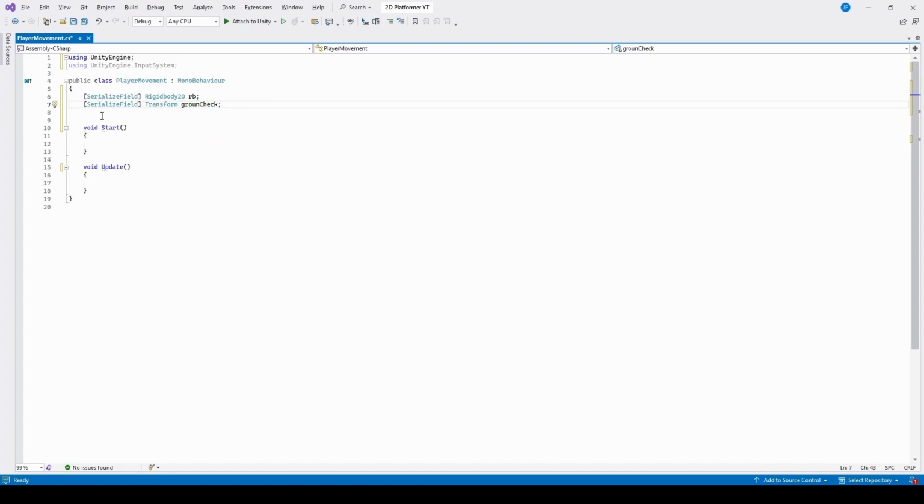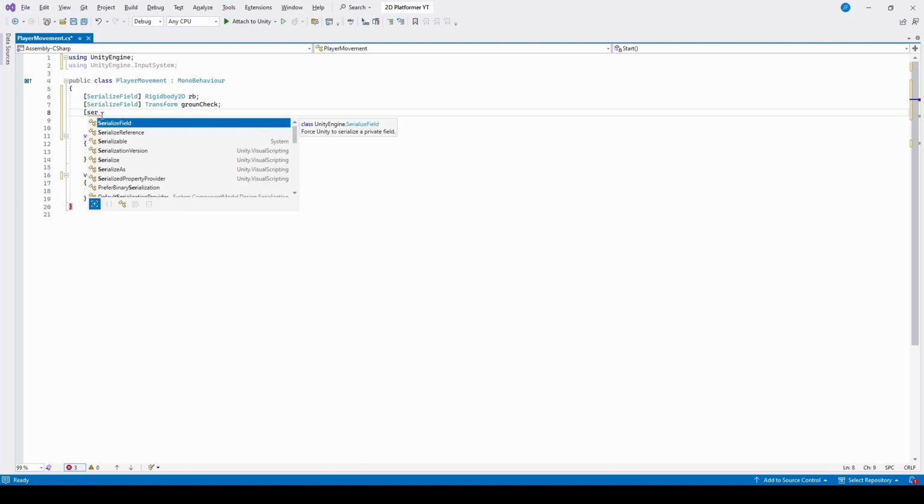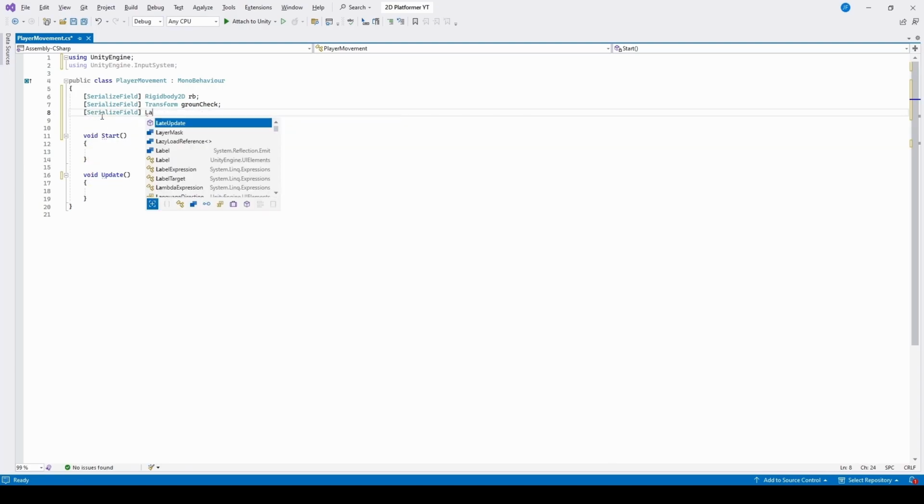This is going to get a reference to that ground check that we created there underneath the player. And then the last one that we'll do is another serialized field. This one is going to be of type LayerMask, and this one we're going to call groundLayer. And this is going to get a reference to that ground layer that we just created there